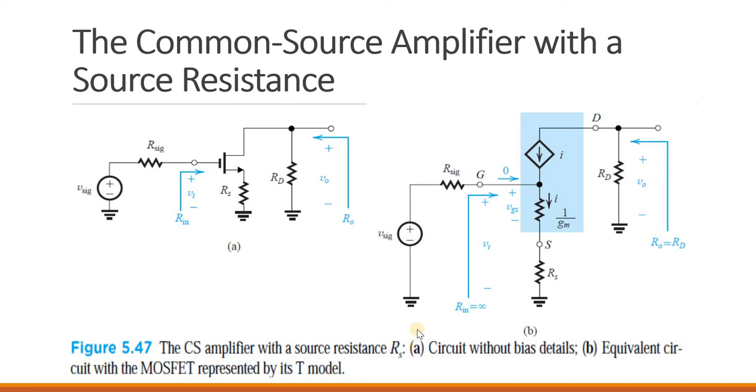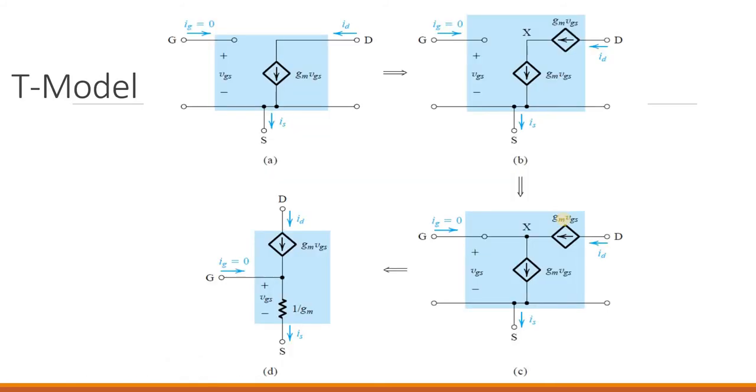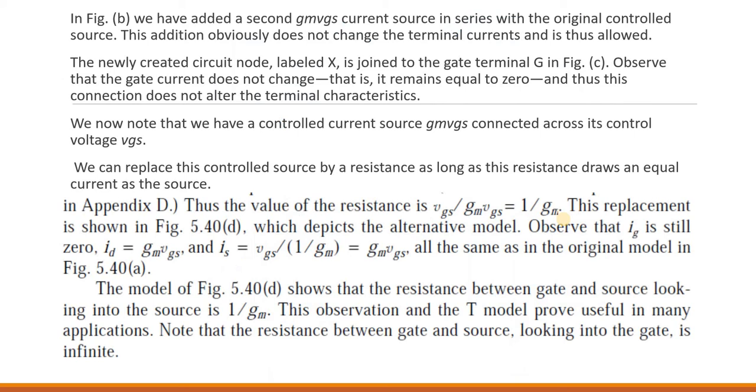You need to remember that whatever the Ig current is, it is 0, and this is a current of ID, the drain current, which is equal to your source current. That is why here also I is mentioned, meaning the same amount of current flows. The amount of this resistance is 1 over Gm.